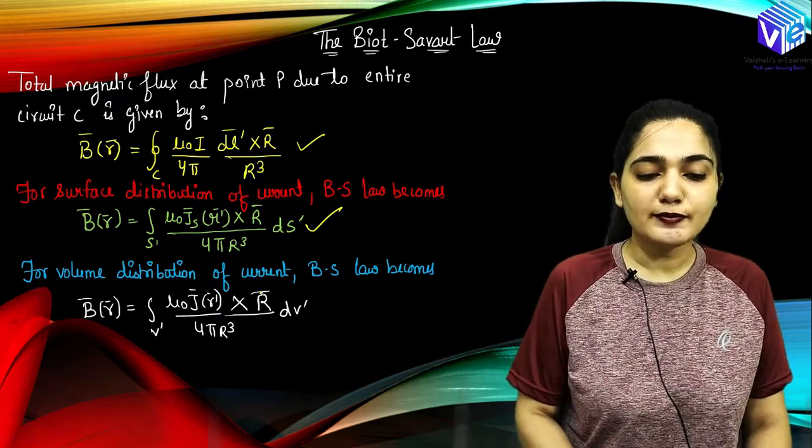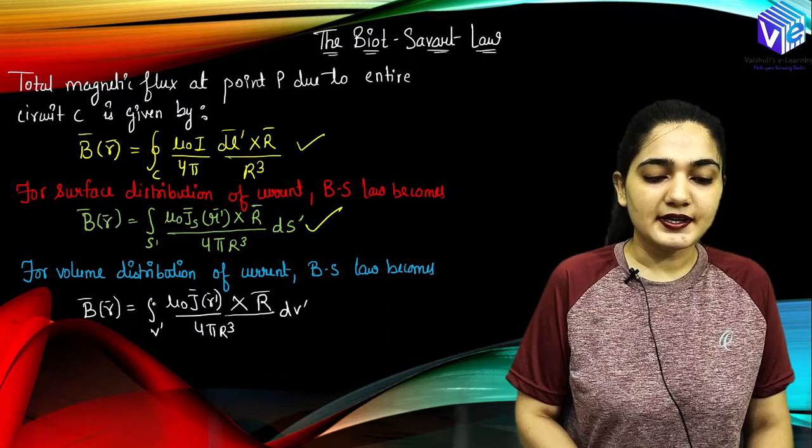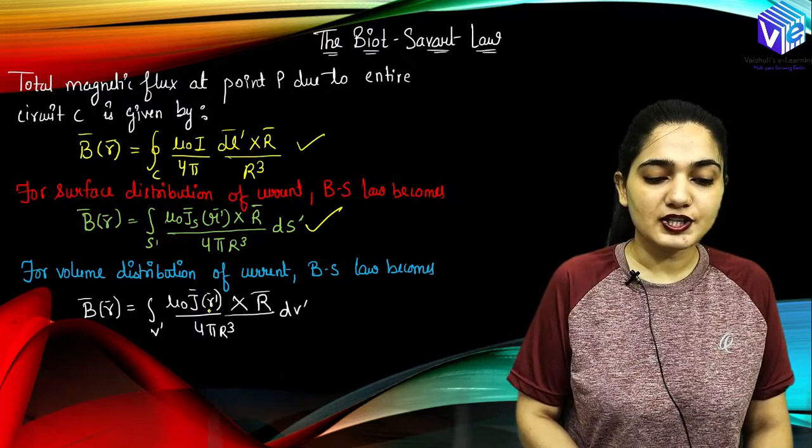Similarly, if I have the volume distribution of the current, so the Biot-Savart law will be like integration over the volume mu naught J(r')